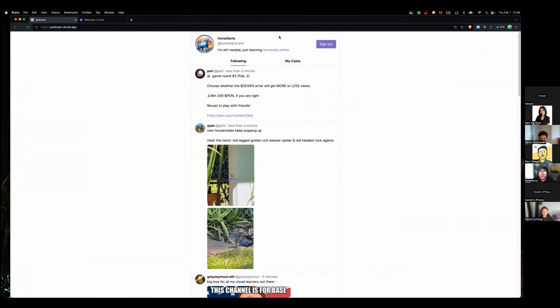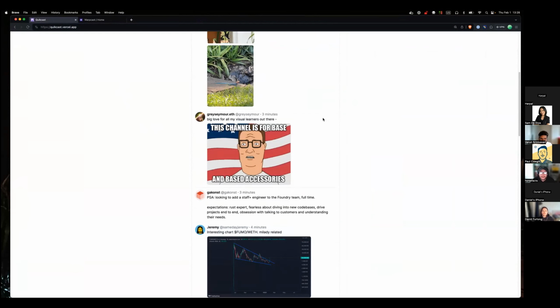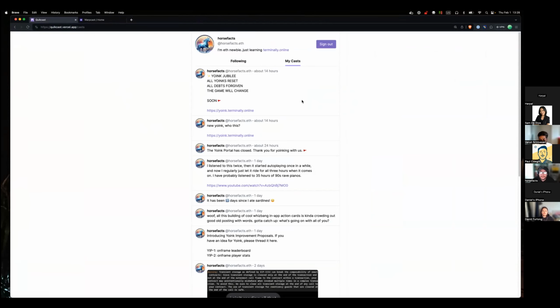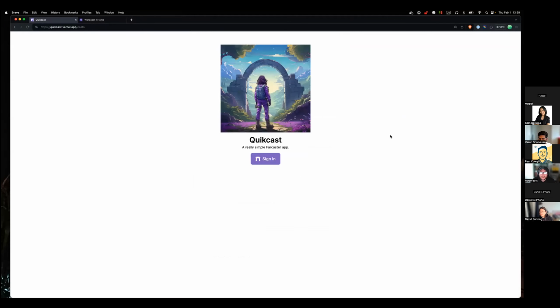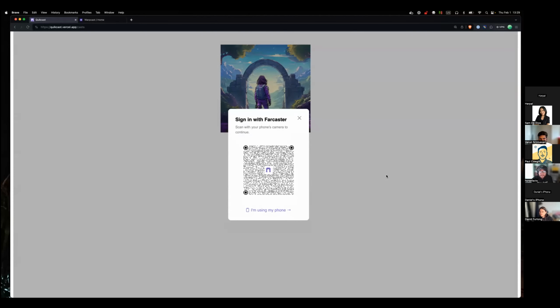This shows your profile. We load your profile data. We show you a simple follower-only feed over here. You can click and see your own casts in here. And at the moment, you can sign in and sign out through Authkit and sign in with Farcaster. Sign out. This has a corresponding React Native app, same simple UI, same interface, so folks can look at that as a reference. Let's try signing in.